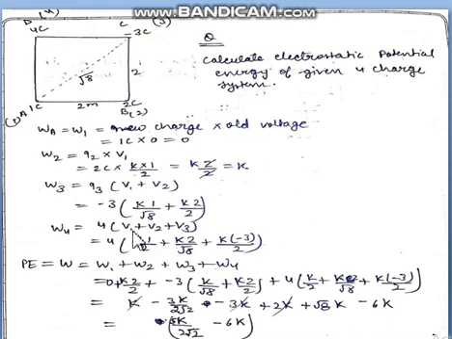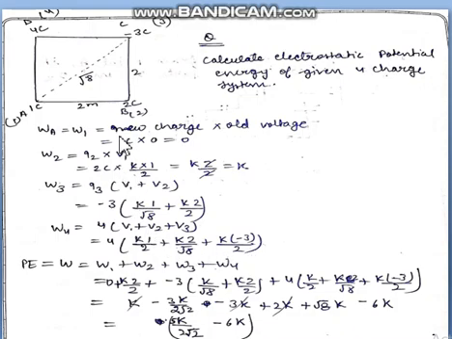So the voltage due to 1 coulomb is K 1 coulomb upon the distance from 4. The voltage due to 2 coulomb is K 2 coulomb upon the distance from 4, √8. And the third voltage, due to -3 coulomb, is K -3 coulomb upon the distance from 4. This way work 4 is also calculated.